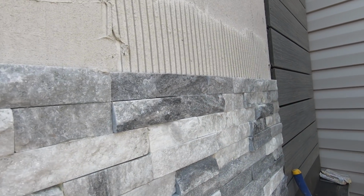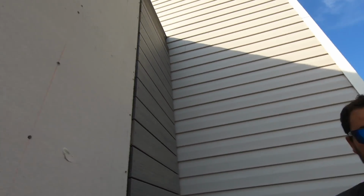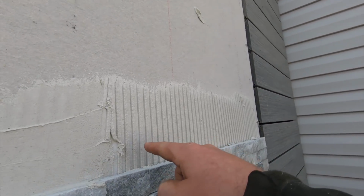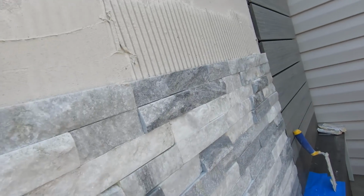There you go, you just saw the maiden voyage of a piece of tile. What do we got going on here? Stone. A lot of it. It's going all up here, and as you can see, Mr. Lombardo, he's got this little notch coat here, and then we're back buttering all of them because the back